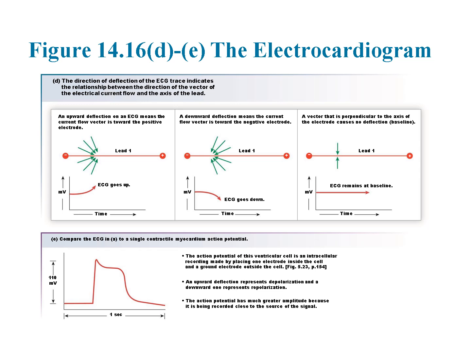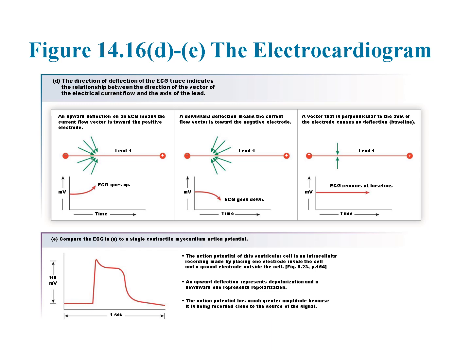The bottom diagram compares the ECG tracing to a single cardiac action potential. The action potential of a ventricular cell is an intracellular recording, where one electrode is placed inside the cell and the other is placed outside. Unlike the ECG, which measures the summed electrical activity of the heart, the action potential represents the voltage change within